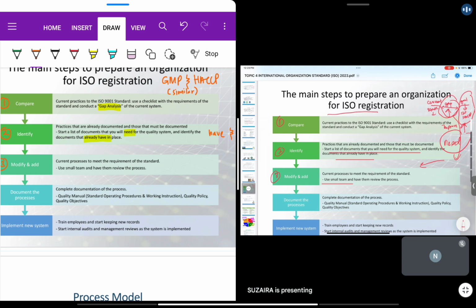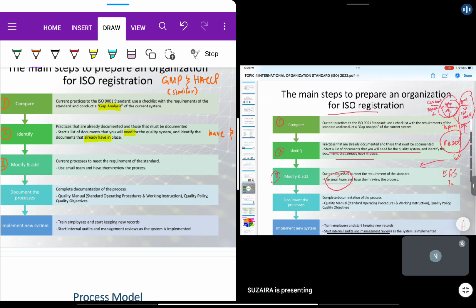And then you have R&D, the engineers, logistics, distribution, and cleaning and sanitation, which would be under EHS, environment, health and safety. Yeah, EHS. The environment, health and safety officer. Okay, right. So we have a small team that consists of these people. They are considered the expertise from each department, and they review the process one by one.